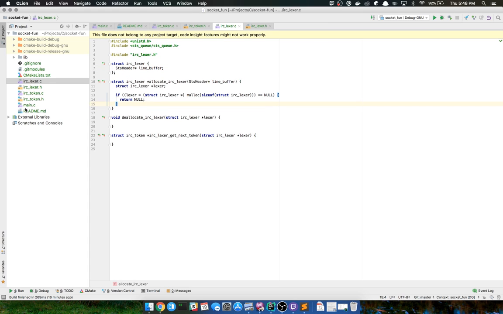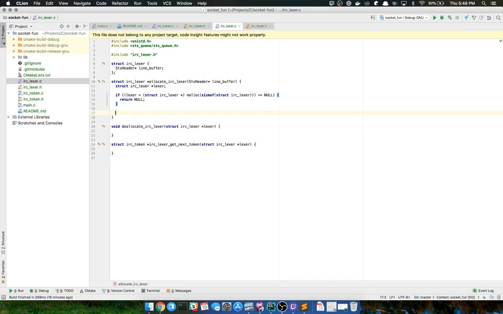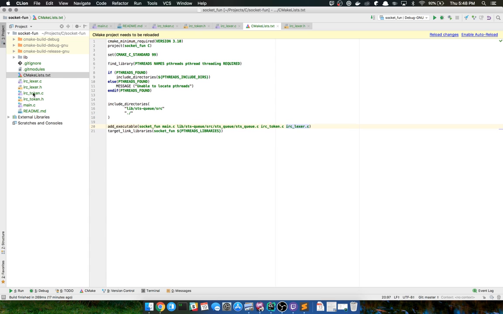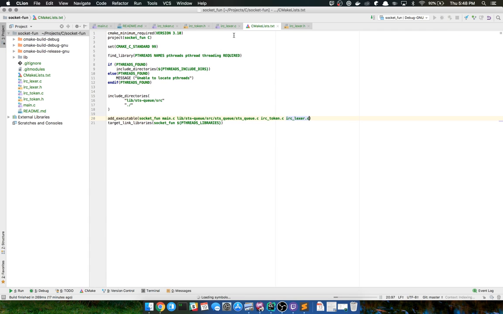And then this is not added to my actual build. So real quickly, I'm just going to call the free here for the dealloc, and then add it to my build. It'll be IRC Lexer C, and that should solve that problem.